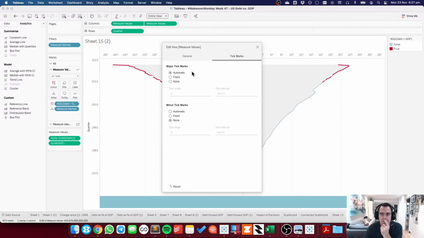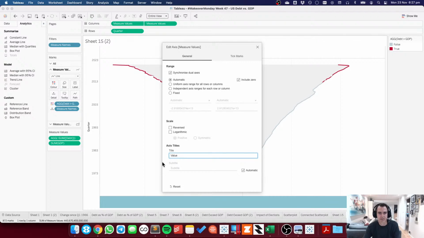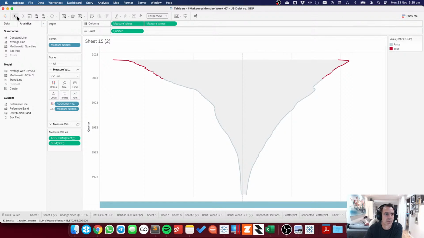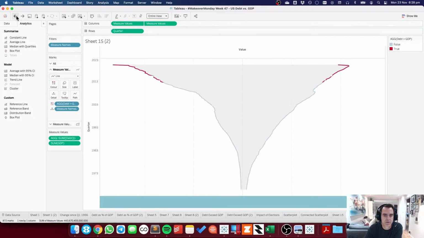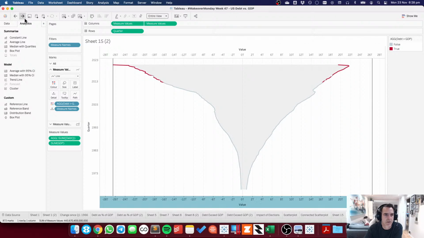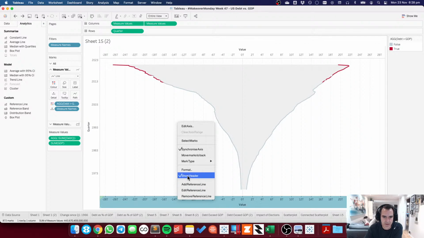Okay, and I think what I want to do is I want to have those tick marks, none. But my title, I'm going to put, actually, I'll just get rid of, that was stupid. Let me just undo all the way back because I don't need to do any of that. Okay, there we go. So I'm just going to hide the header.